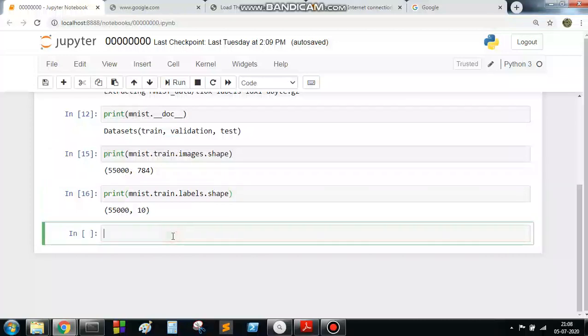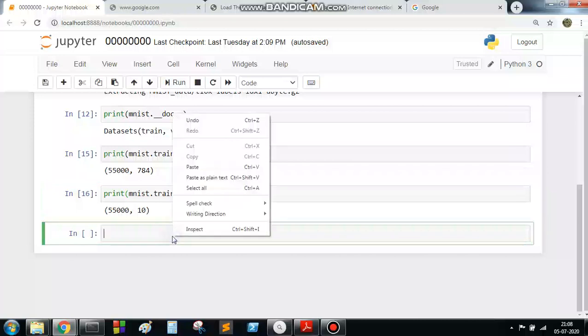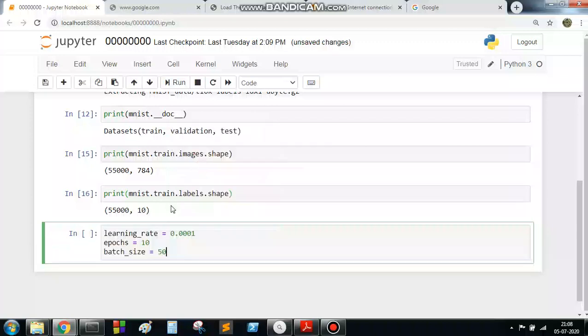Before designing the graph of the convolutional neural network, let's define the learning rate, epochs and batch size. I am taking learning rate 0.0001, epochs 10 and batch size 50.